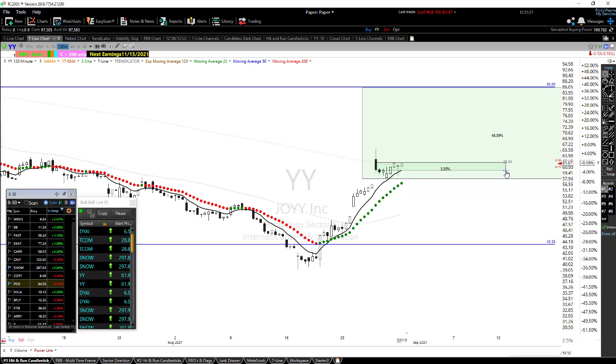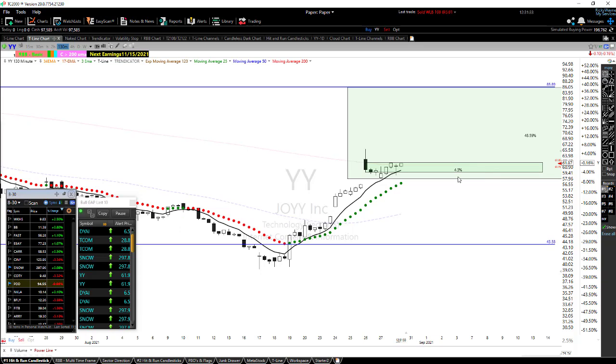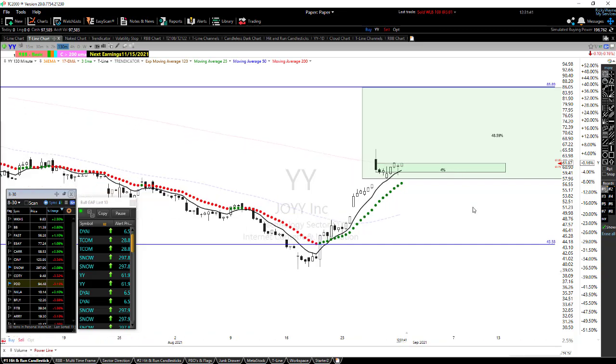I'm going to go right there. And I'm using these two candles, those two doji candles right there. That's what I'm using. And now, if I was to buy this right now, I'm looking at a 4% stop. And I can afford that. That makes sense to me.